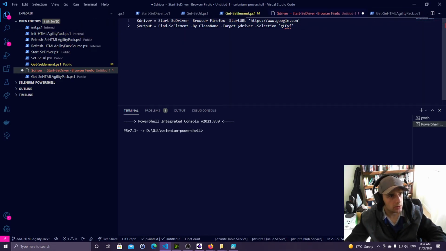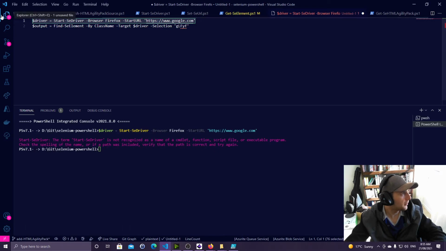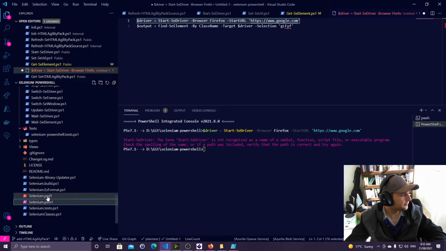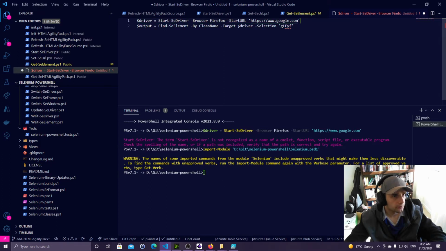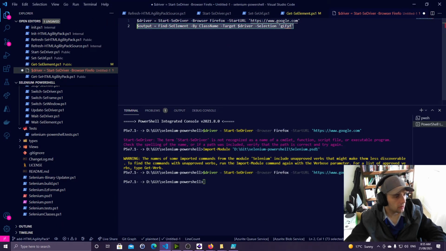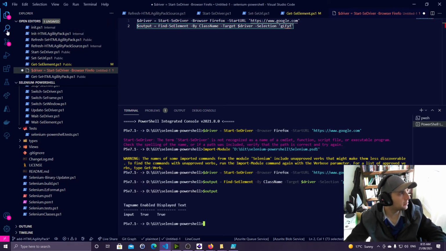Yes, yes, yes. I'm going to import the module, that's why. That is loaded. Okay, it's not actually calling, well, it's calling find SE element, but it's